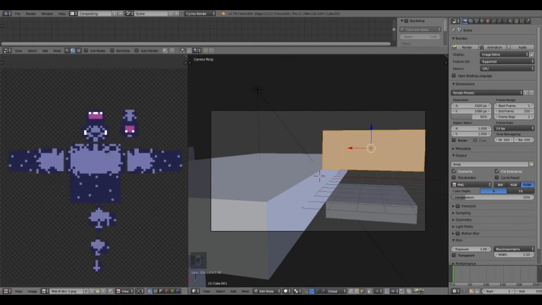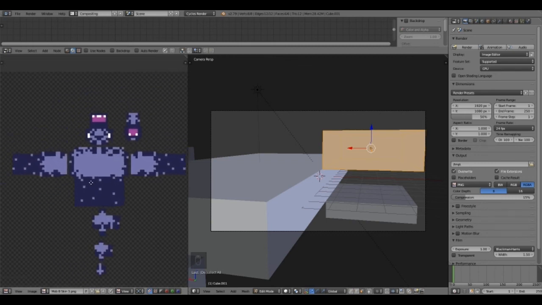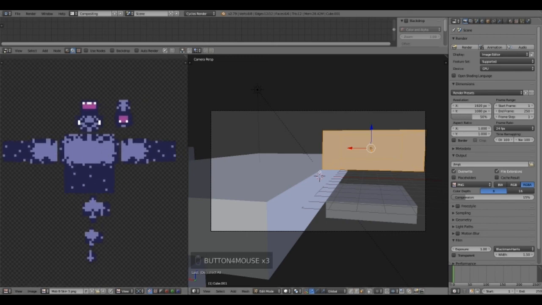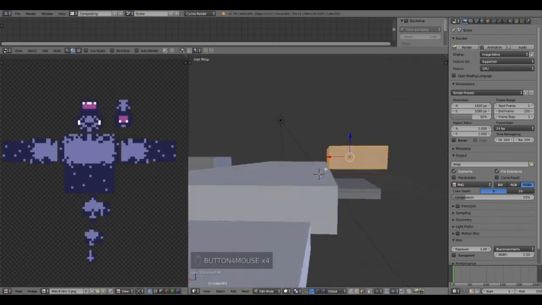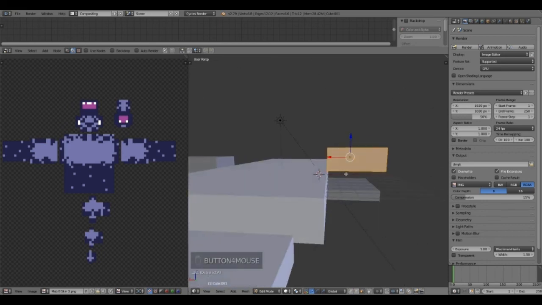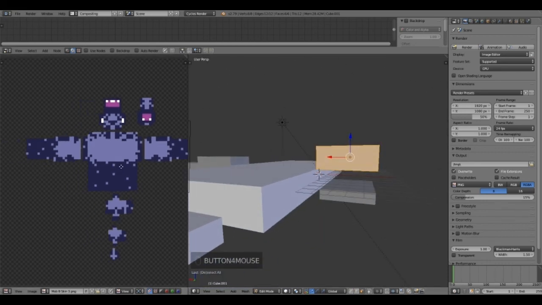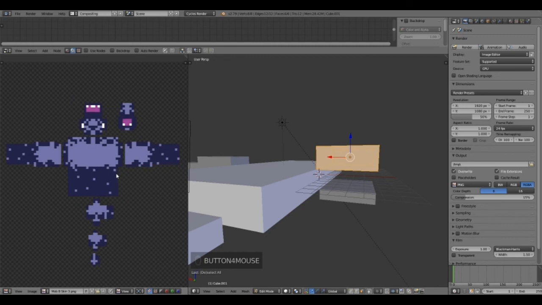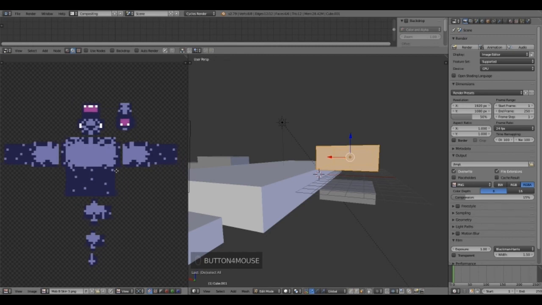Note that moving the camera around in 2D is going to be different than moving the camera in the 3D viewport. There's the 3D moving of the camera, and then there's the 2D moving of the camera. They may be different buttons. So alright,